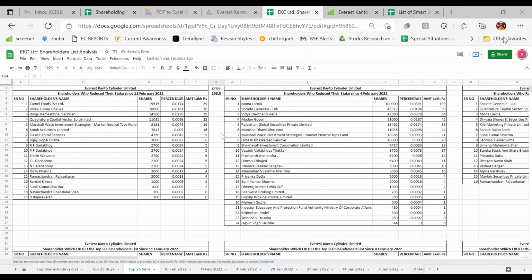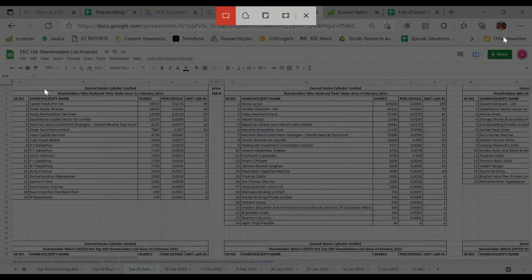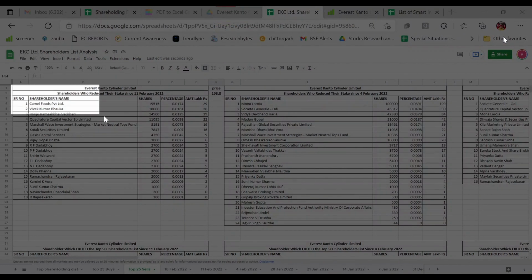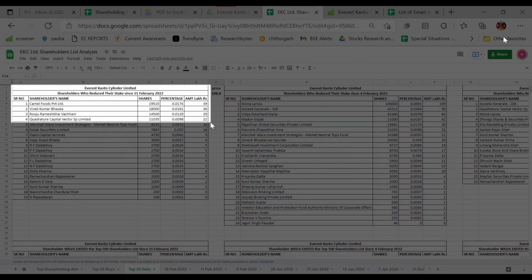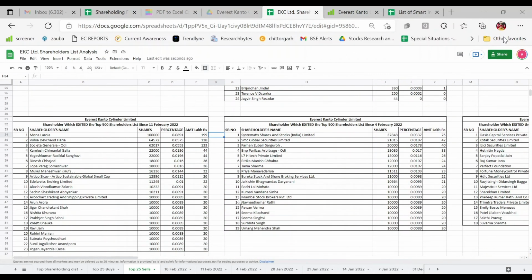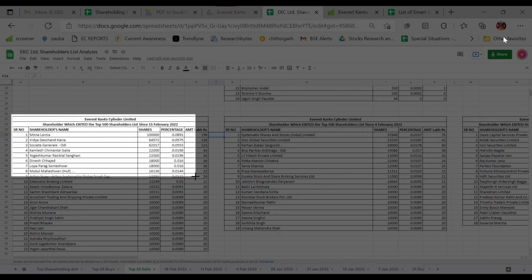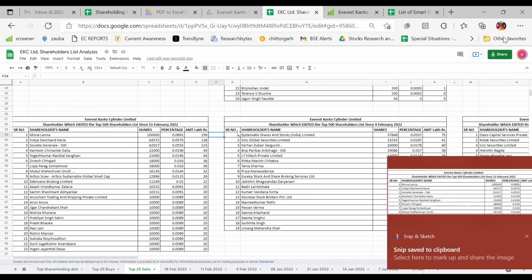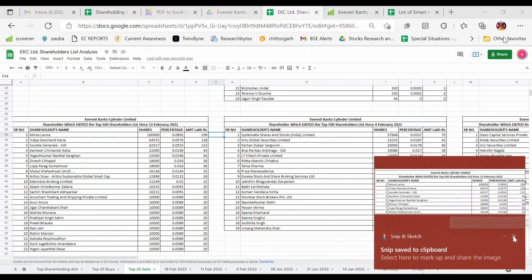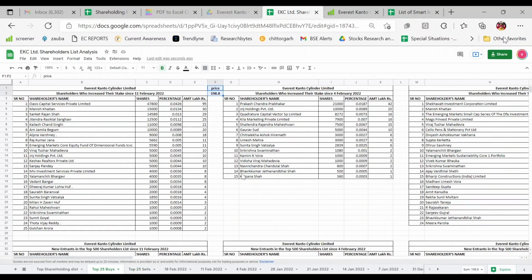So here is how we do the analysis of shareholders. We also share the snips of all these to our main group. Windows Shift S is the shortcut for taking a snip. Sir generally asks for more than 20 lakhs or sometimes more than 30 lakhs. We took snips as per those. You can always give them the top 25 snip also. It's not an issue. Taking a snip is easy, and sending it in the group. So here our analysis ends.